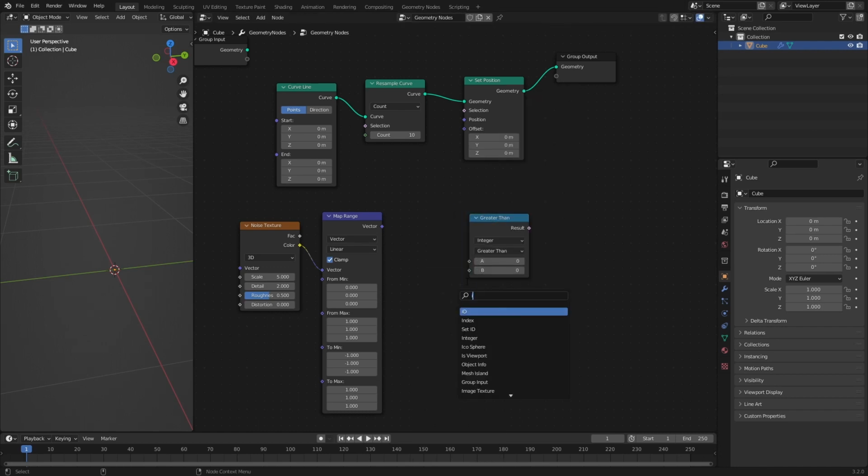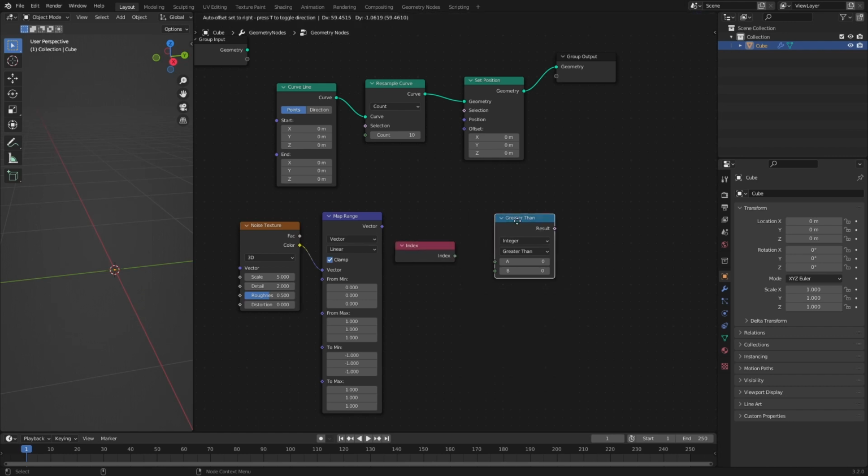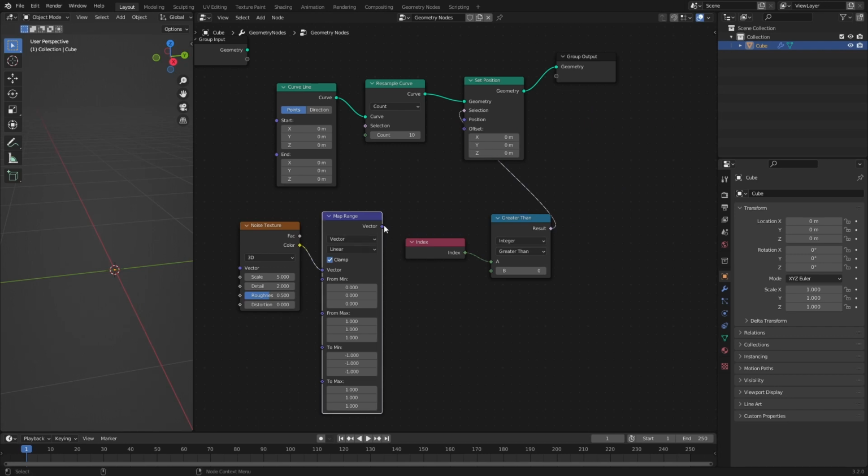For this I need an index node, spitting out the indices of the points, and I connect it here. And I can tell this node to only output true if the index of the point that is currently processed is greater than 0. And that is true for all the points but the very first one. So now if I connect this here, and connect now my vector from the noise texture to the offset, you see that all the points are moved a little bit, but the very